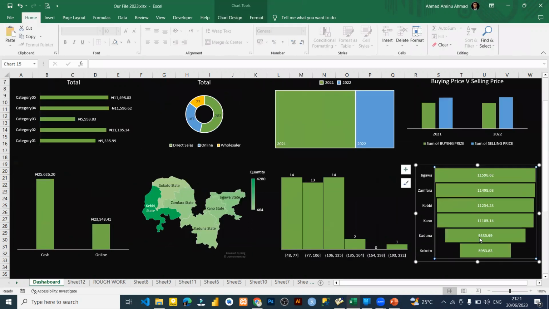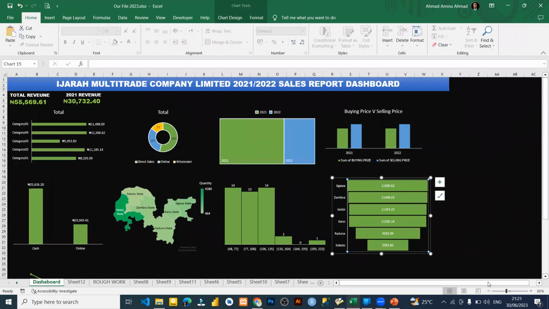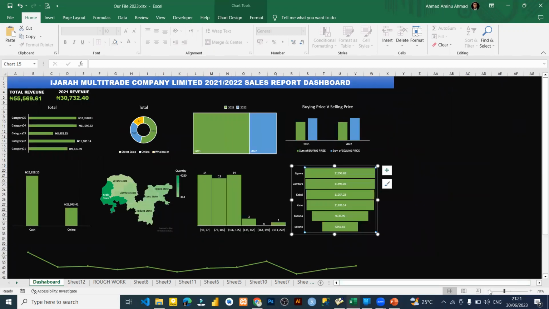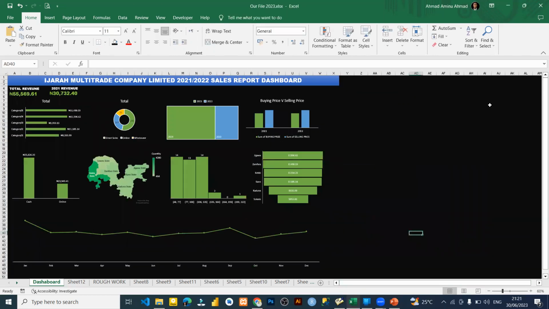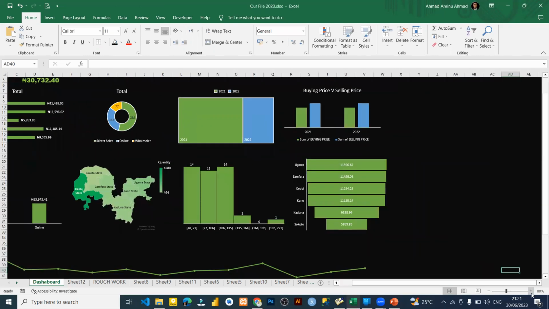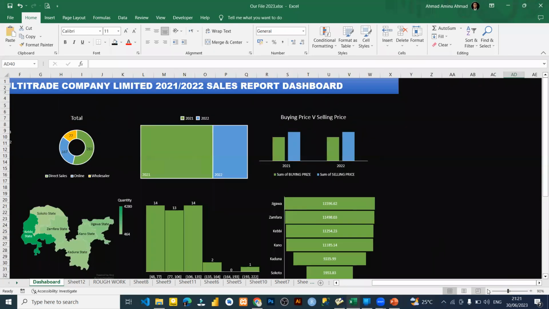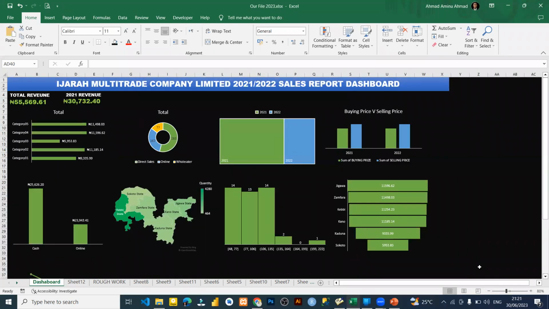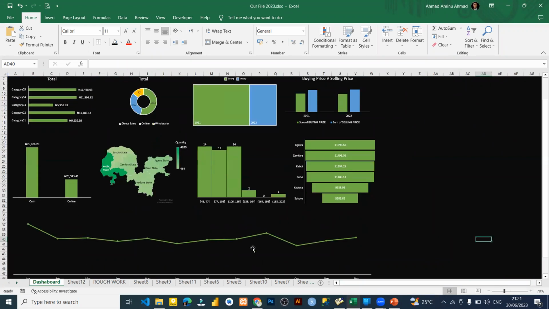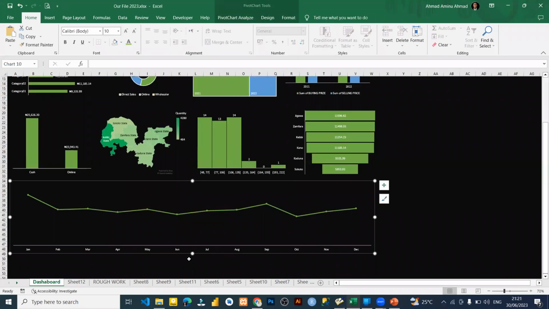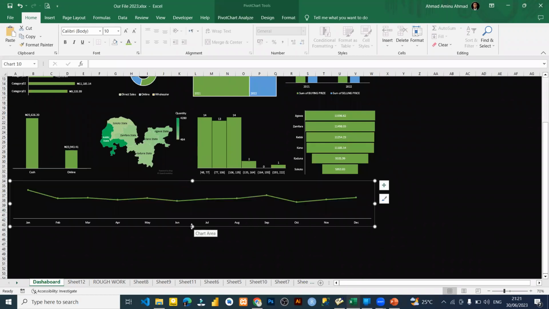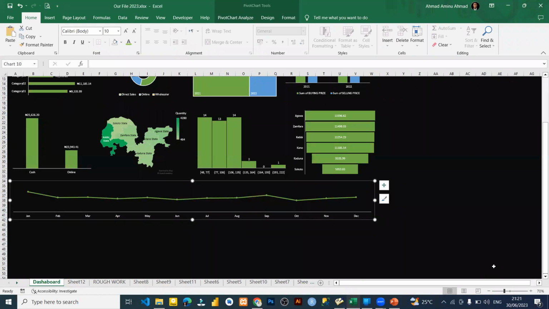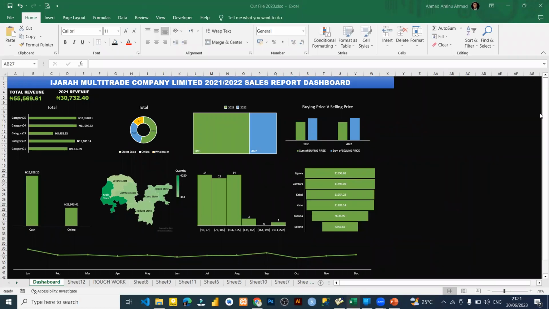So this is what we just created. I'll just reduce this size. Let me just reduce it so that everything will appear. So I'll reduce it a little bit like this so that everything will appear. So I think, okay, let me increase it like this. So I'll just reduce this one because it's too big. Yeah, it's okay like this. So you see,